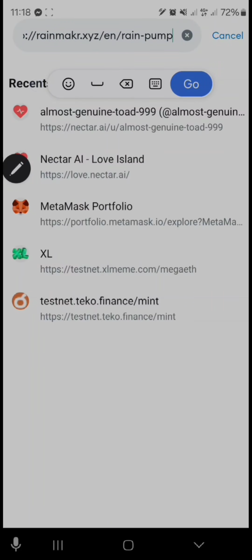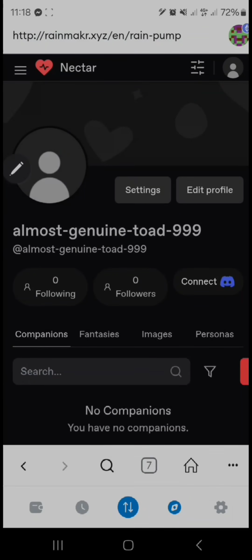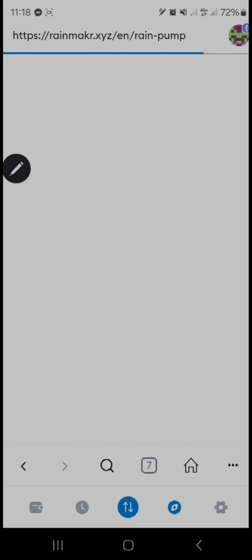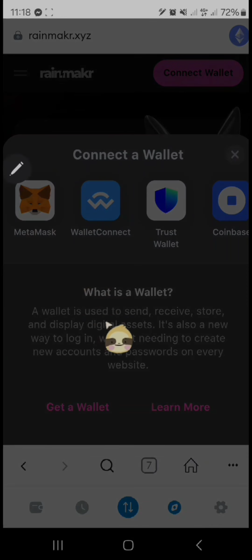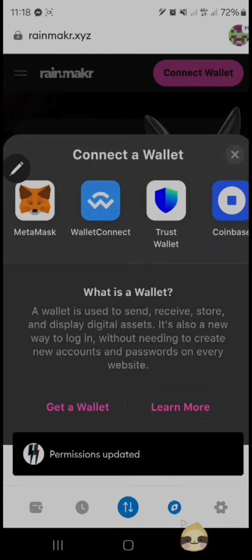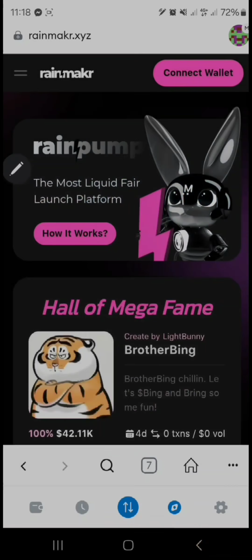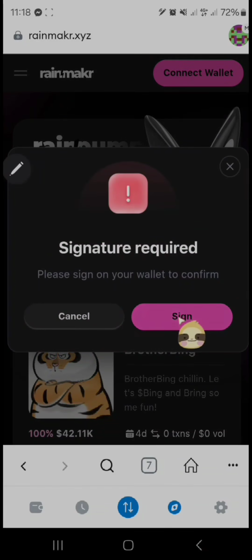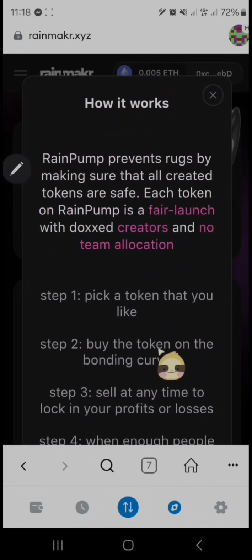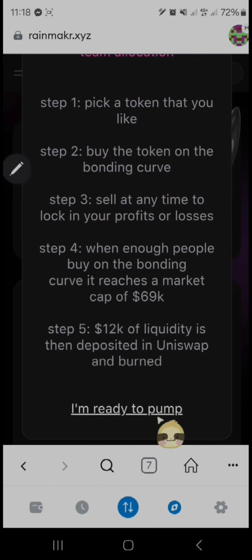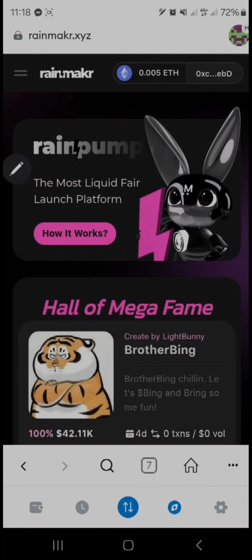Again, paste in my MetaMask. Actually, I use MetaMask for smooth work, because if I try to work with any other browser, there may be a connection issue. That's why I always try to join any testnet with MetaMask. And here you can see my wallet is connected to this website, and it is also like a create token or launch a token,